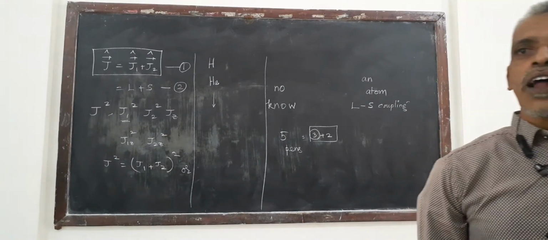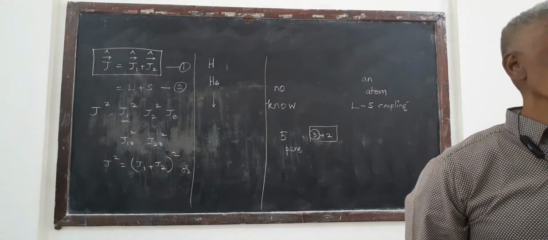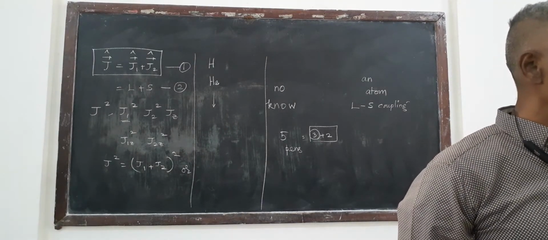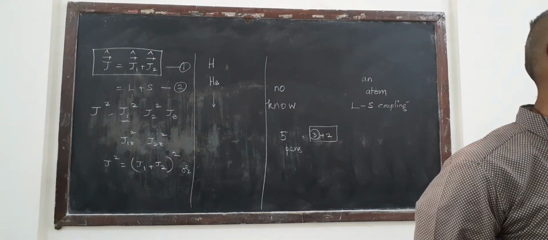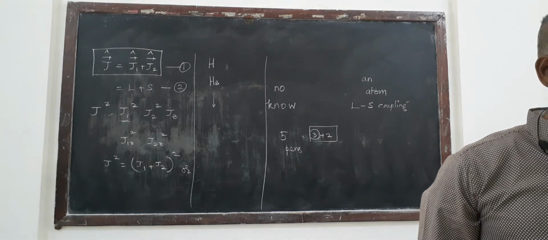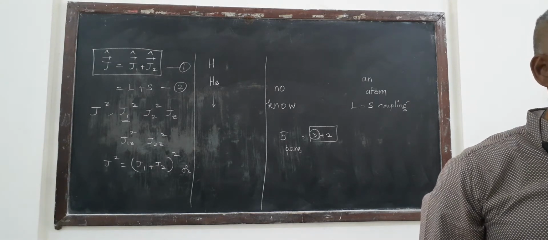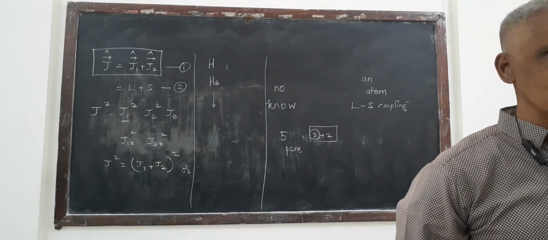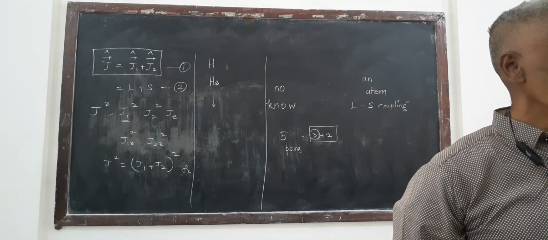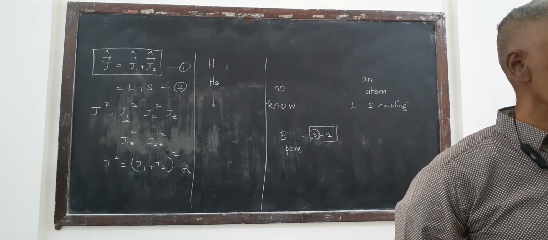To answer all the questions asked by me here, you have to read the notes very carefully. So it's there. J square is equal to J1 square plus J2 square. I used to write in that side, but